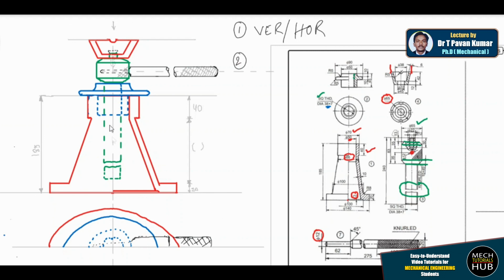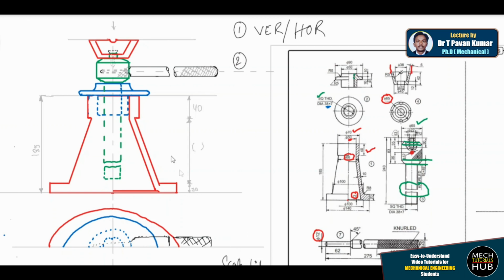After this, if you have used any scale, you are supposed to mention the scale here. I have not changed anything, so I just mention it as 1:1. If you want, you can mention it, if not, you can leave it. But if you take it as 1:2 or 2:1, you are supposed to mention it. It is very much compulsory for the evaluator to understand.